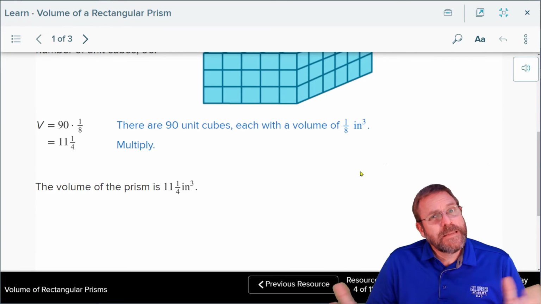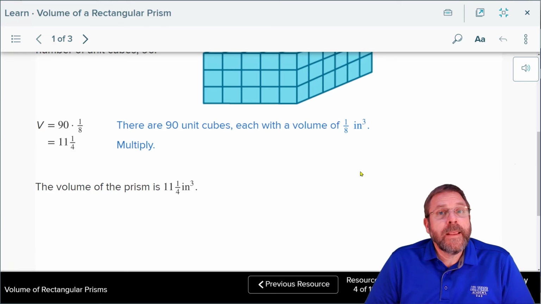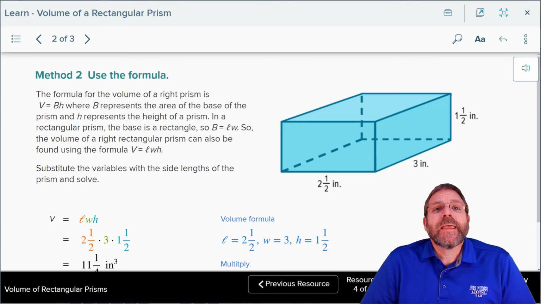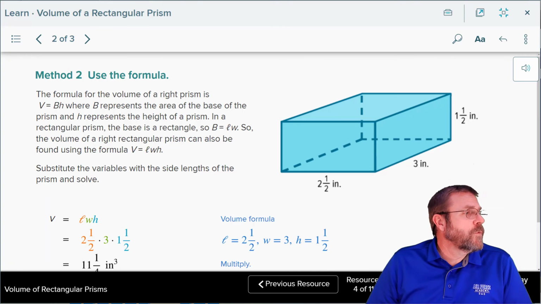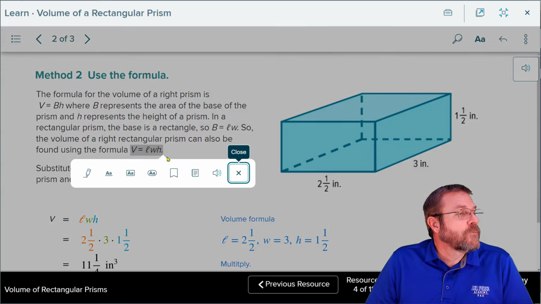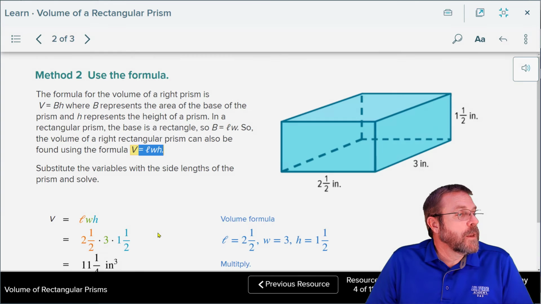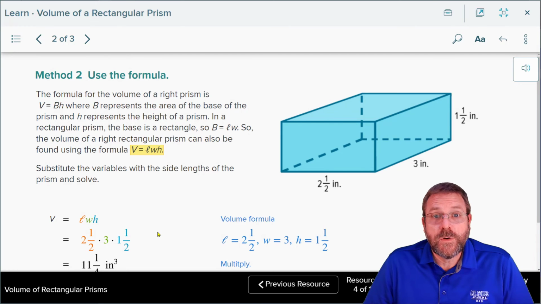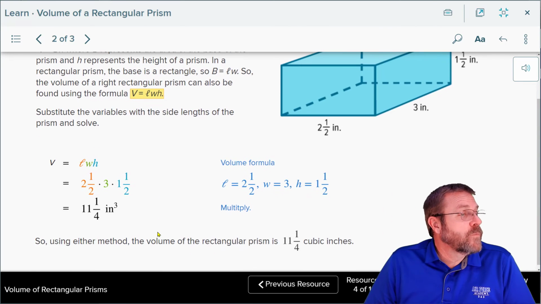Now, yes, it works, but that's pretty darn complicated, particularly for a 6th grade level. So I'm really hoping method 2 makes a little bit more sense to you. And just looking at it, it's going to make a lot more sense. So what do we have here? For this one, we're going to be using the formula that says volume is equal to length times width times height. This is so much easier than the unit cube thing that they had,